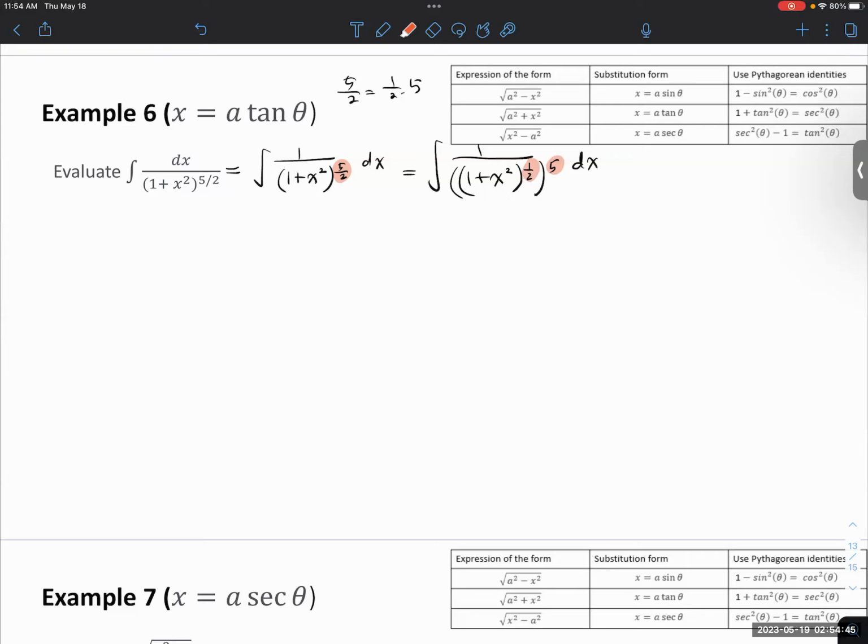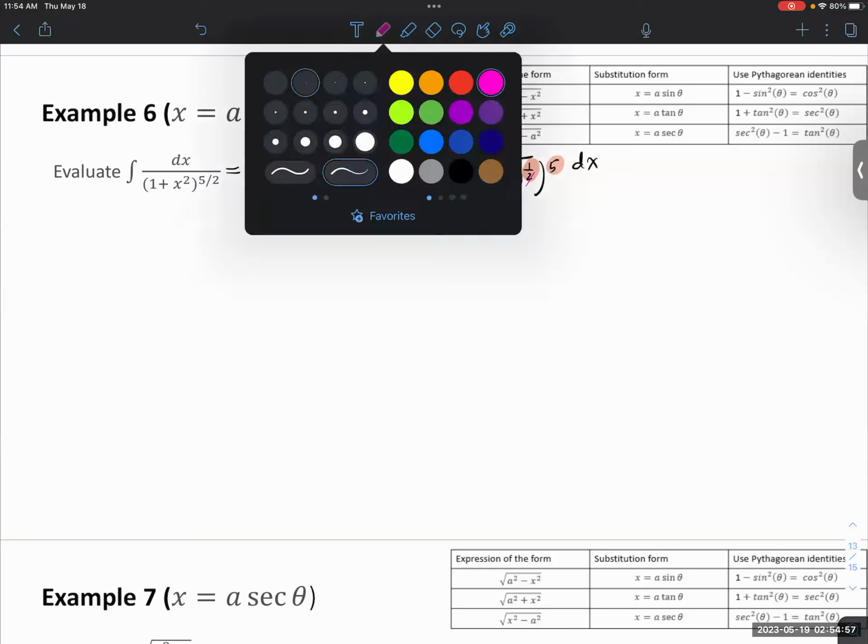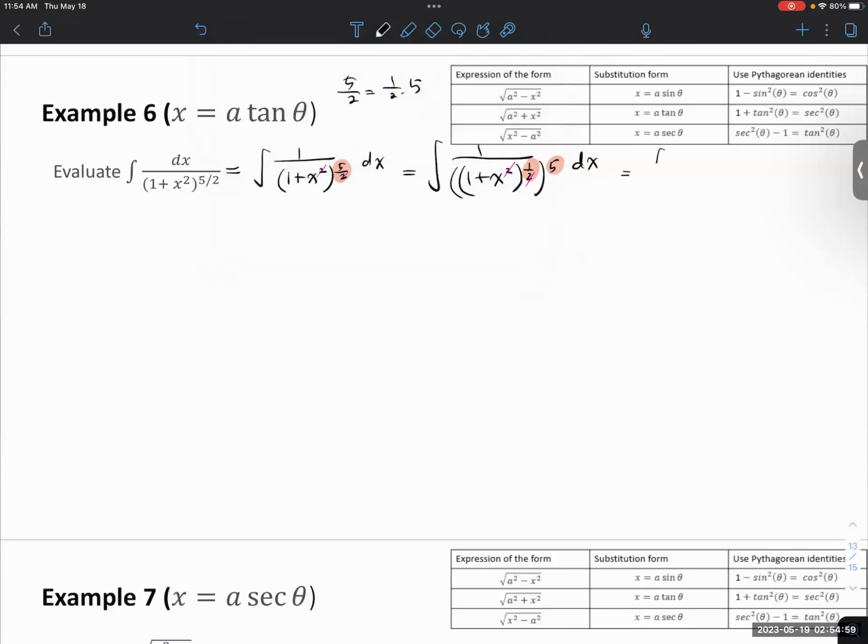And now what happened? These two are canceled, the squared power, top and bottom. That's actually why I separate it, to see the structure. Or you can directly separate and cancel it. So anyway, it is going to be 1 over 1 plus x squared. And then what happened? We cancel